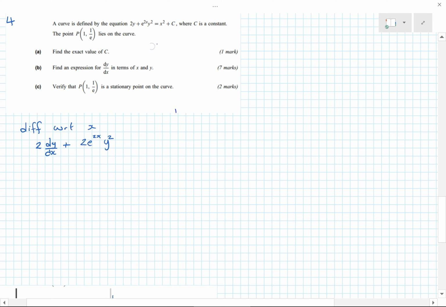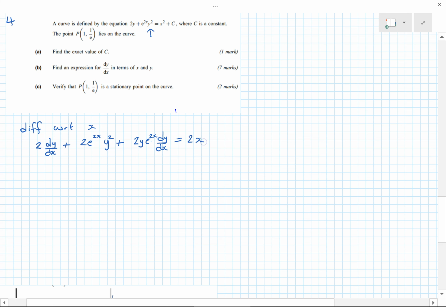Then we do it the other way around, add it, and we need to times by y squared differentiated, which is 2y times by dy by dx, because the term is y, and then we need to times that by e to the 2x. Tell you what, I'll shove the e to the 2x just afterwards like that. Okay, so that's product rule for that, and then we just have that equals to